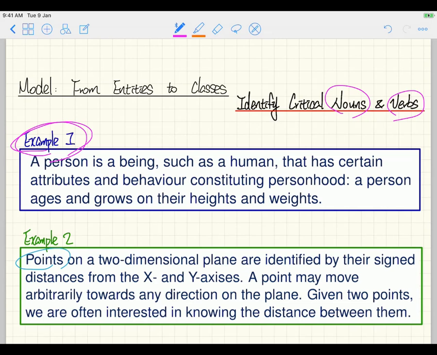And for nouns and verbs, just generally speaking, the critical nouns can be turned into attributes or they might be turned into classes. On the other hand, for verbs, they will somehow be turned into methods. That's a very rough categorization. But as you gain more experience, you'll see what I mean. Let's just highlight